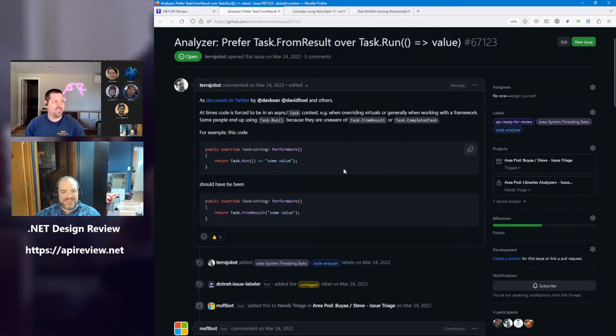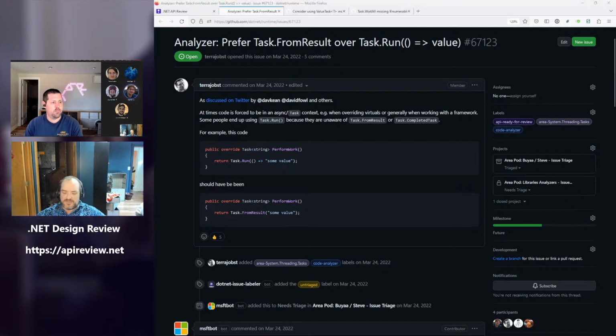I mean, it's pretty straightforward. If someone is trying to create a new task with a known value, and they use task.run to return it rather than using task.from result, it should have just been the latter. It's fairly straightforward. I honestly don't know how often this actually happens.